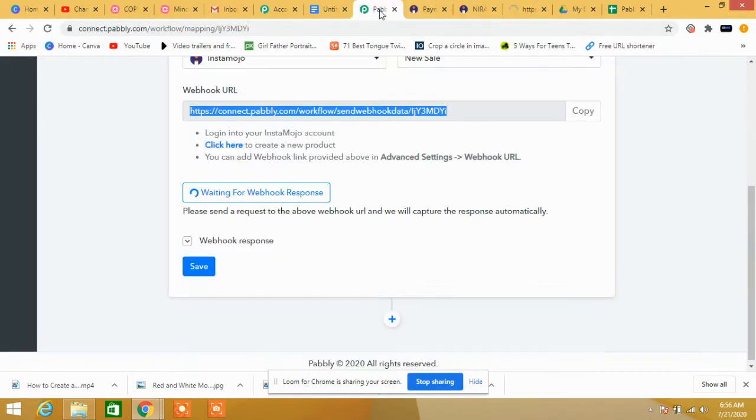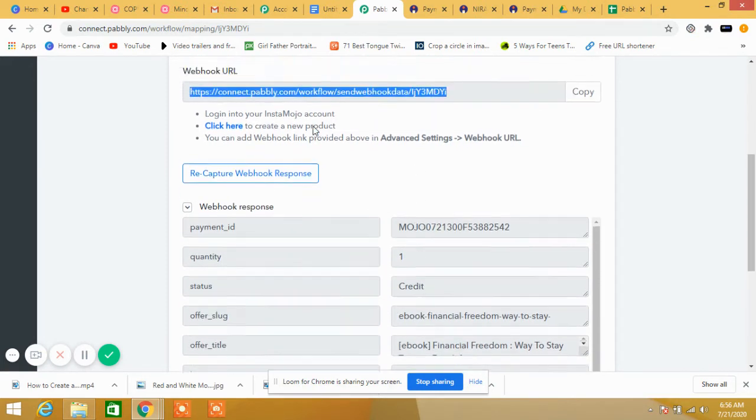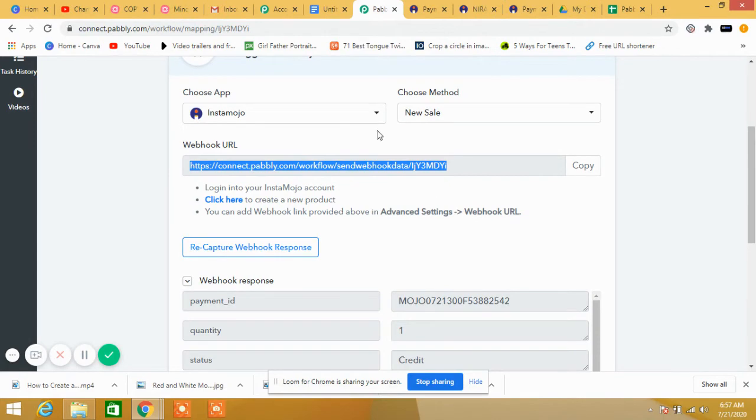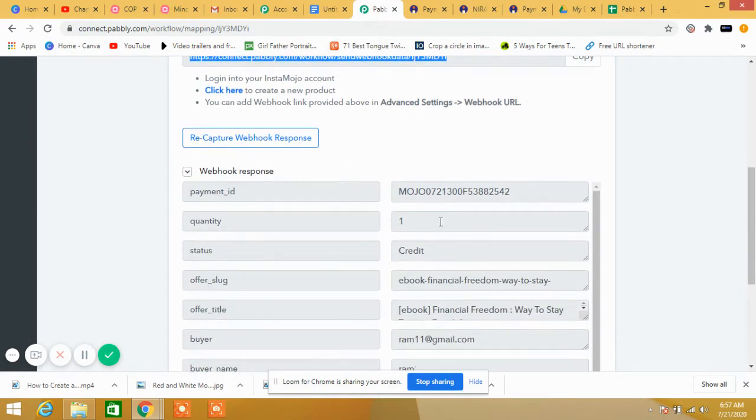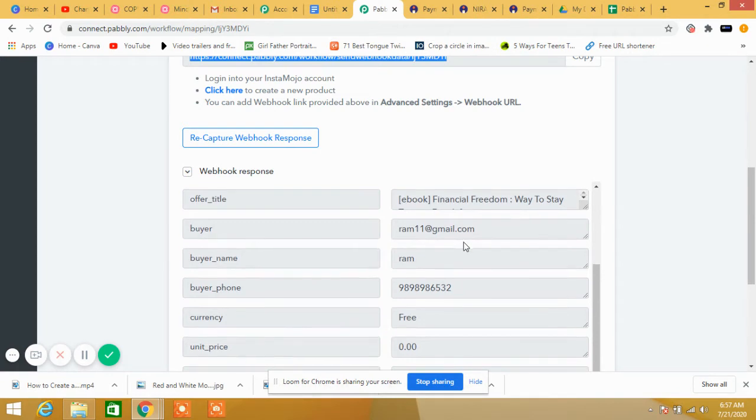Okay, now we will check. Yes. So at that time it didn't work because the system of fetching data was late. So now Pabbly captured the data from InstaMojo. Okay, so this is the data, ram11 at gmail.com.